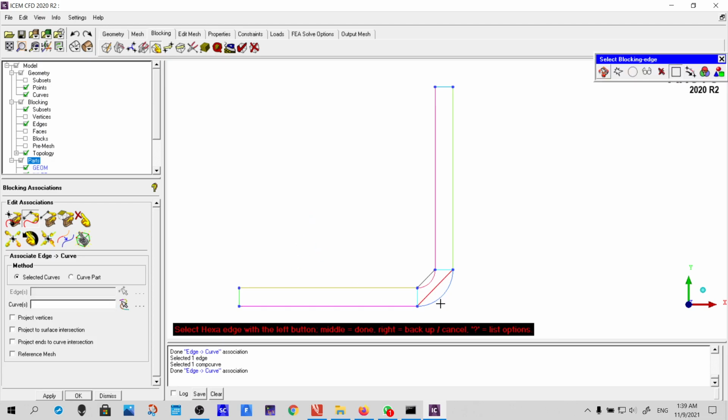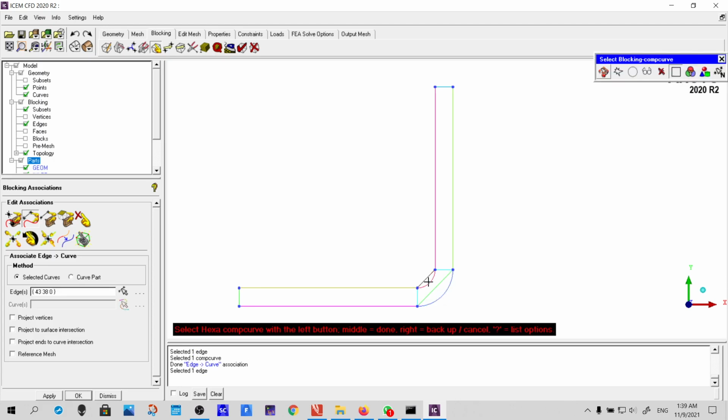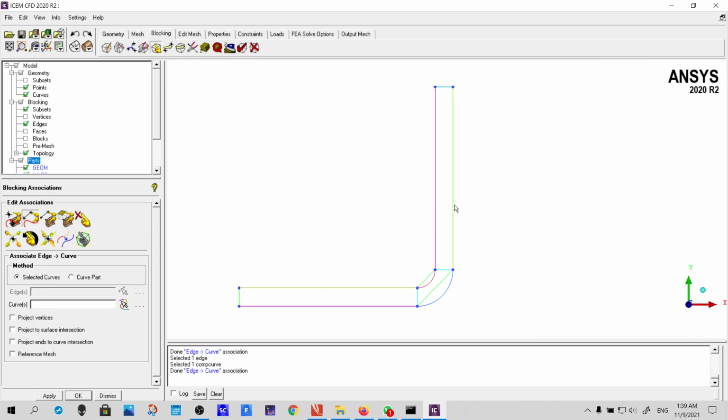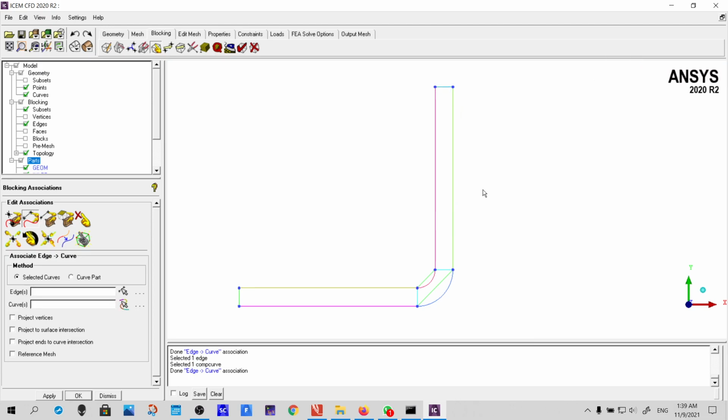Now this edge to this curve, this edge to this curve, and the last one here. Okay, we got these edge to curve associations, and finally